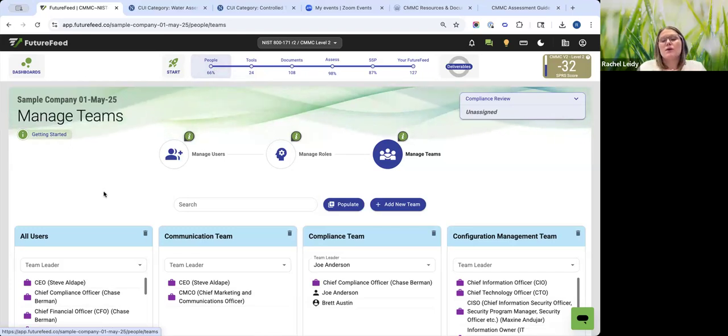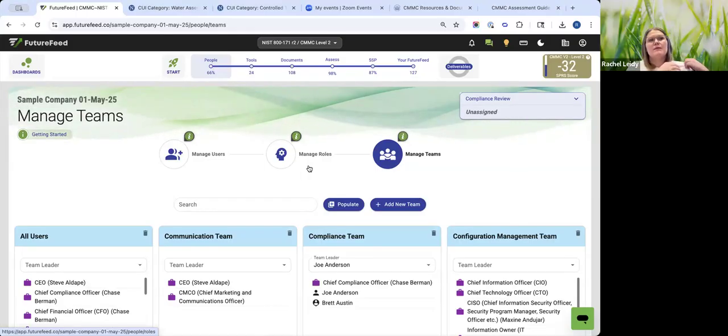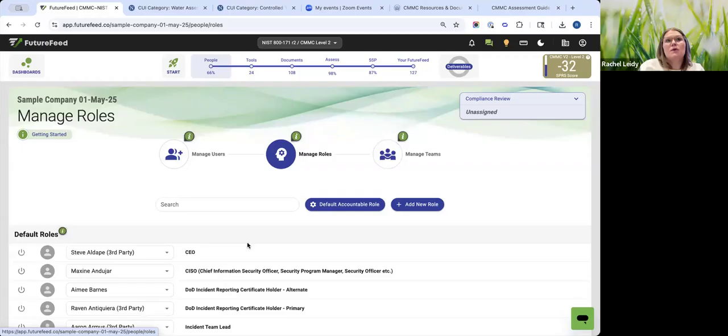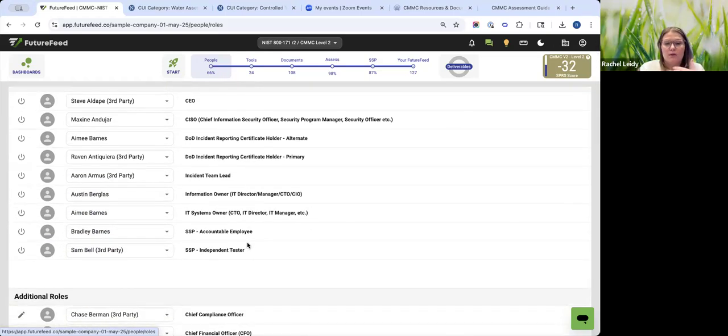The one tip I want to call out is that in FutureFeed, if you're assigning responsibility to someone, try to do it either to a role or a team. If you end up assigning responsibility to one person a lot, maybe just create them some sort of role title, like security analyst or support work, whatever you want. So that way, if they leave, people quit, you have personnel turnovers,